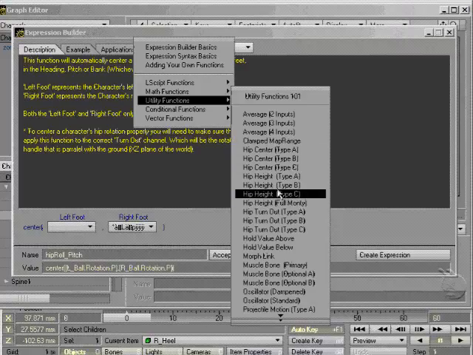You'll notice that there are several versions of each function, and each one has a little bit more control than the last. I'm going to really just be dealing with the most basic ones, and certainly if you want to go in and find out what some of these more advanced controls do, please do so, but it's really kind of overkill for us to go through and use those at this point. I'm just going to show you the basics. So first I'm going to select hip center,